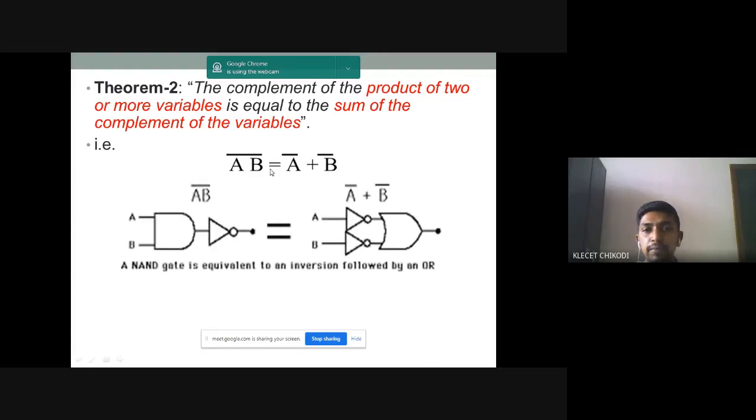And this is how they have implemented it. First they have taken A and B as the input to the AND gate. We are getting the intermediate output as AB. Here, before the NOT gate input, we are getting the output of the AND gate as AB, and this AB is given as the input to the NOT gate. So the complement of that input will be the output here. That will be A into B whole bar.